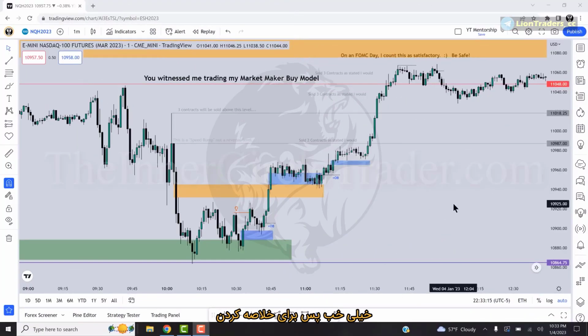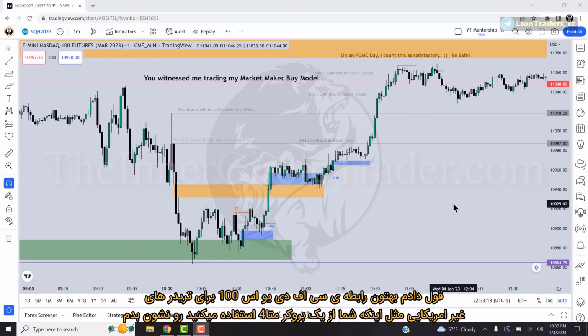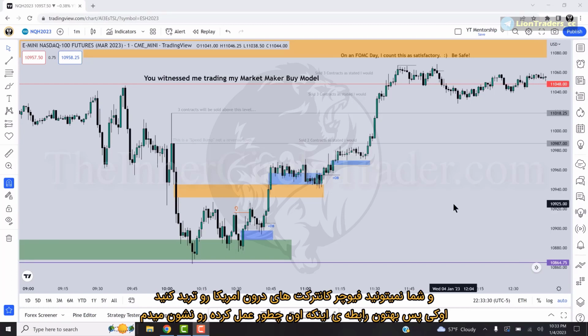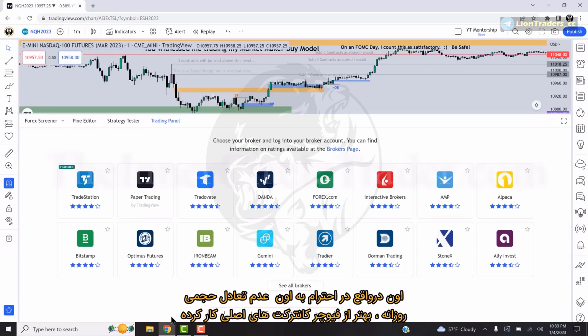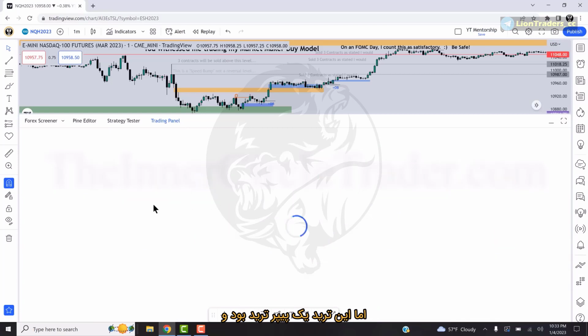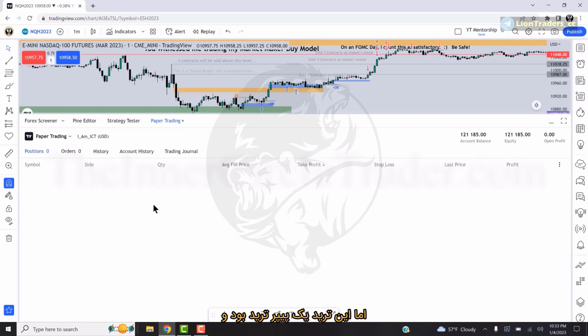All right, so in summary, I promised I would show you in relationship to the US 100 CFD for the non-US trader, like if you're using an MT4 broker type thing, and you can't trade the futures contract in the US. I'll show you the relationship of how it performed. It actually did better than the actual futures contract did in respect to that daily volume imbalance. But this trade was a paper trade,